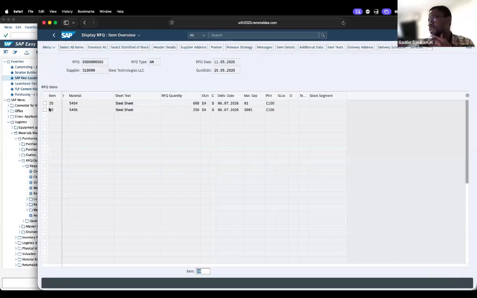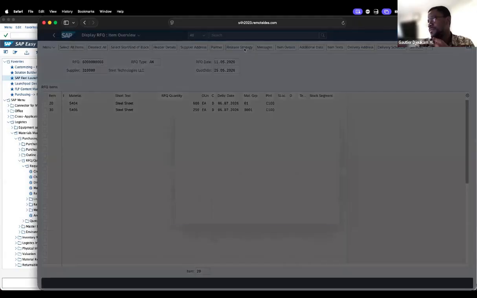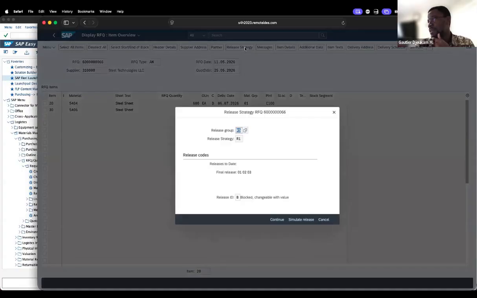Now I want to show you one thing here. You see the release strategy, click on the release strategy. If you click on the release group,